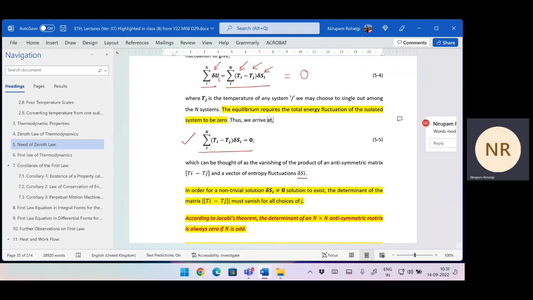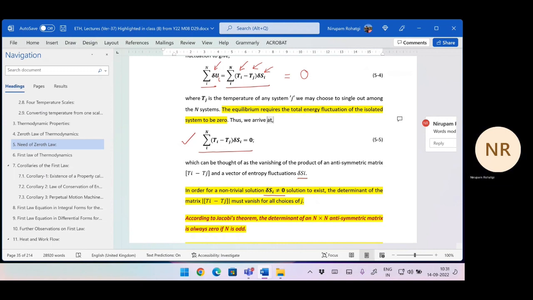So you can't impose this condition that delta Si equal to 0, because there is change in entropy, really. Then how does this become 0? Now what happens is that when you solve this matrix, with the condition that delta Si is not equal to 0, you are assuming that there is some fluctuation,